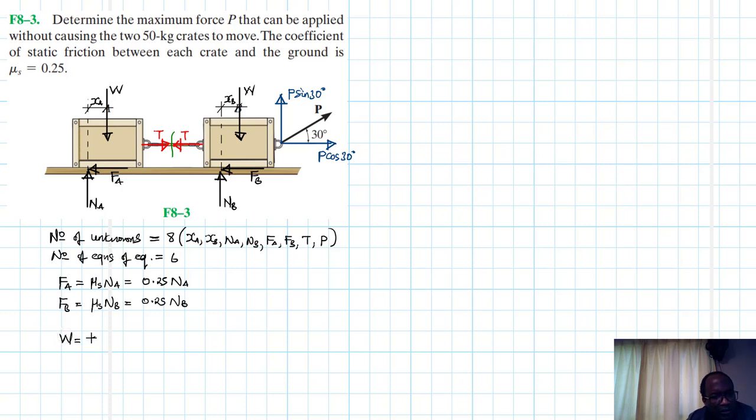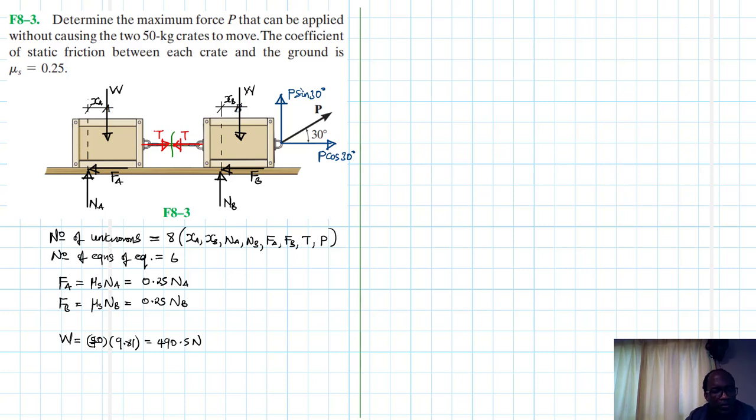W is just equal to mg, that's 50 times 9.81, and this just gives us, where's my calculator? This gives us, that's a 50 by 9.81, gives us 490.5. So I think we have all the necessary